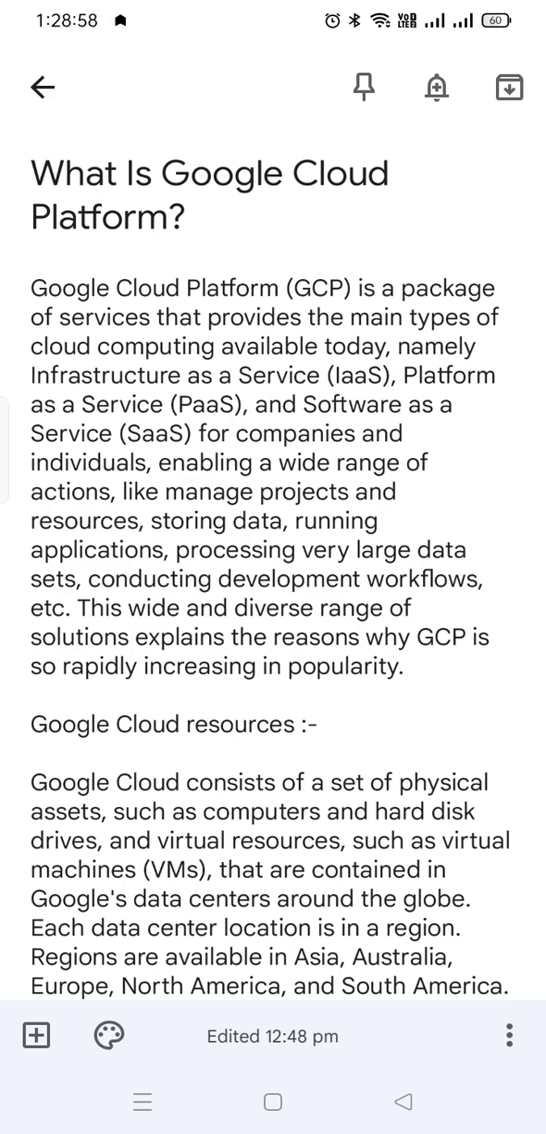So today we are discussing what is Google Cloud Platform. Google Cloud Platform, known as GCP, is a package of services that provide the main types of cloud computing available today, namely infrastructure as a service, platform as a service and software as a service for companies and individuals, enabling a wide range of actions like managing projects and resources, storing data, running applications, processing very large data sets, conducting development workflows, etc. This wide and diverse range of solutions explains the reasons why GCP is so rapidly increasing